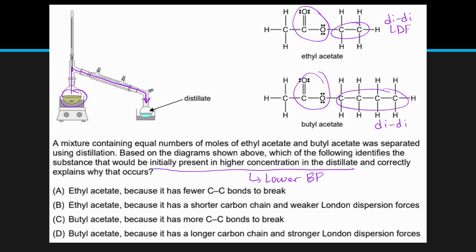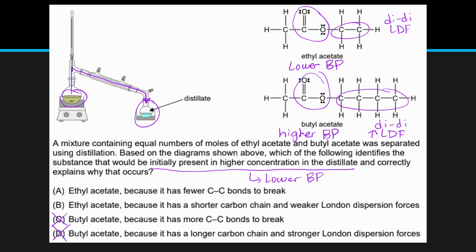However, because butyl acetate is so much bigger than ethyl acetate, its London dispersion forces are going to be stronger. So butyl acetate will have a higher boiling point, and ethyl acetate will have a lower boiling point, which means we know that ethyl acetate will be a higher concentration in the distillate when it first starts distilling. So we know ethyl acetate is going to be of higher concentration, so it's going to be either A or